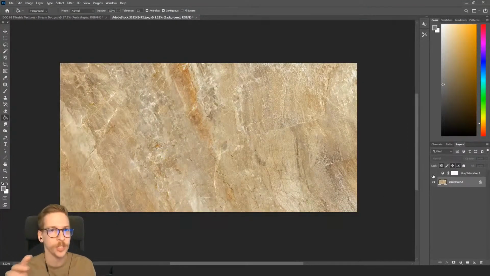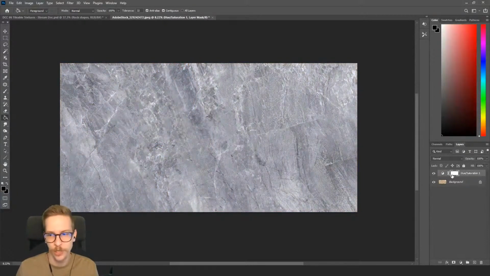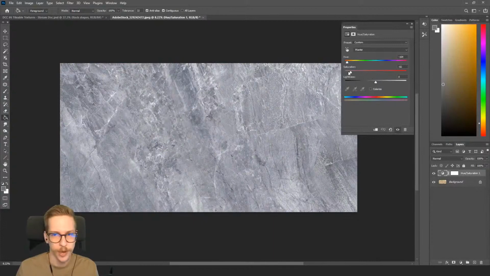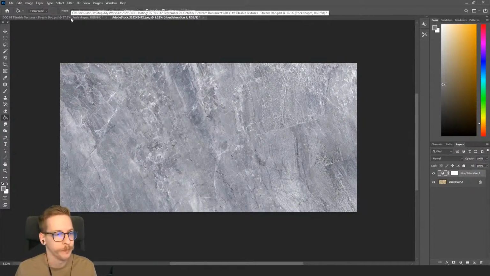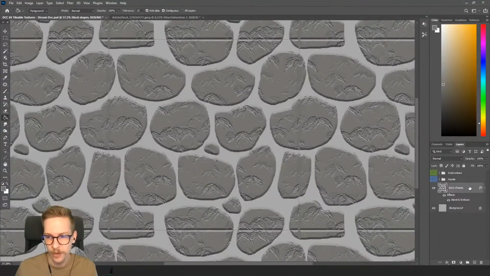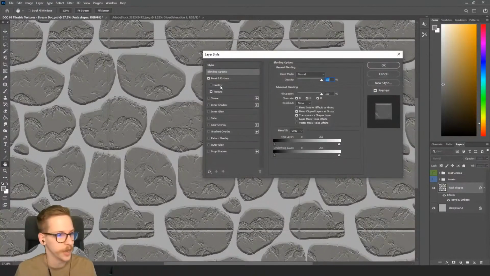So we'll actually be using this in two ways. So the color will matter in one way and it won't in the other. I'm going for like a cool bluish, grayish stone. So I just took a hue and saturation layer here and I cranked down the saturation, cranked down the hue to a cooler color, and we get some more natural cool stone color, and I defined that as a pattern as well. So if we go back here, double click on our layer to get to the layer styles,